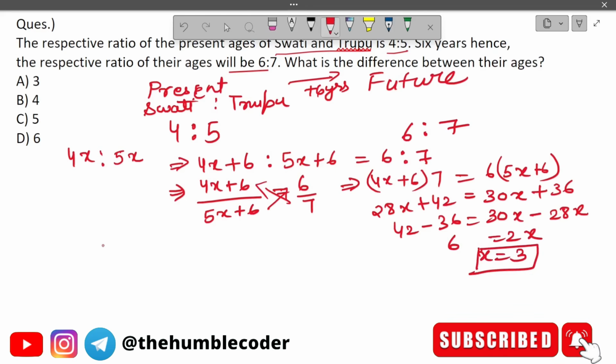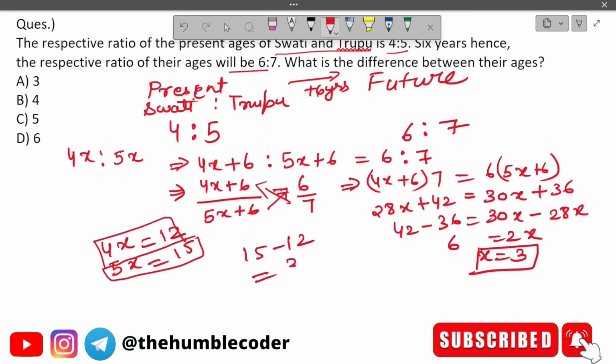So let's consider one of the ratios, 4x and 5x. The age will be 4 into 3, which is 12, and then 5x, so 5 into 3, 15. So these are their ages as of now. In order to find the difference between these ages, what do we need to do? 15 minus 12, which is going to be 3. So the difference between their ages is 3. The correct answer for this question is option A, which is 3. And this is the difference